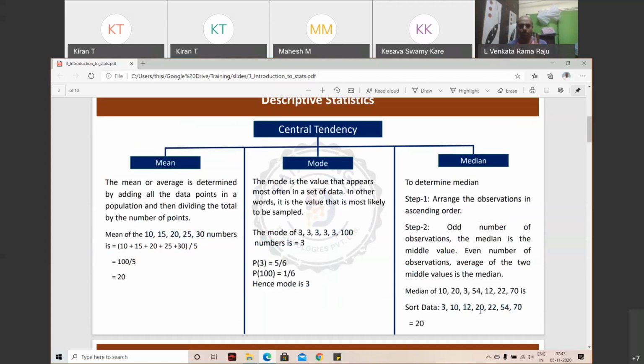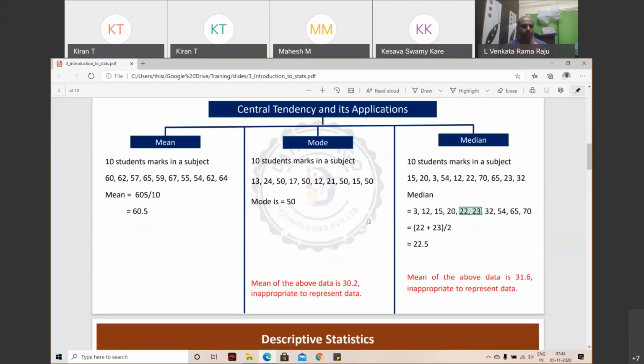If the middle number is two numbers, then you take the average. Okay, so that's how you calculate. But if you look at this example, in this particular setup, mean is the most appropriate, because when you look at the distribution, the data is spread between 54 and 67. Maximum is 67, and minimum is 54. Right? The spread is around 13. 54 to 67, so spread is less. So I can take an average and say that all students are performing at around 60 marks.